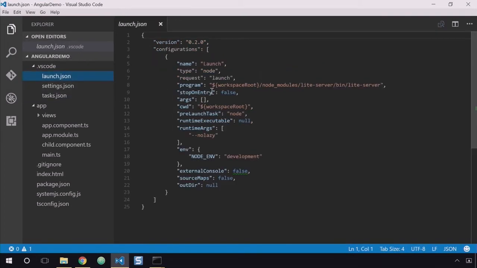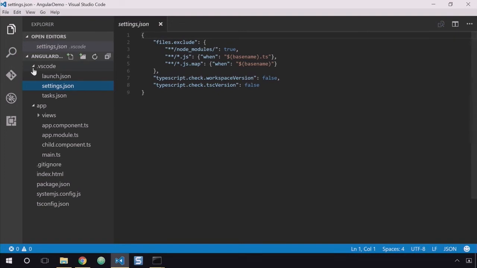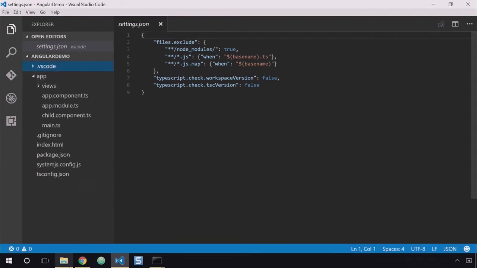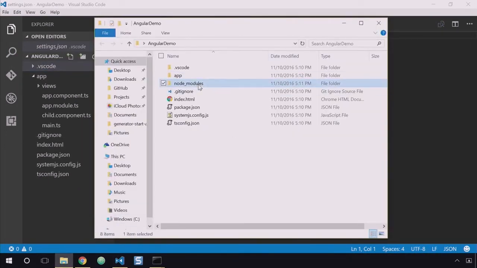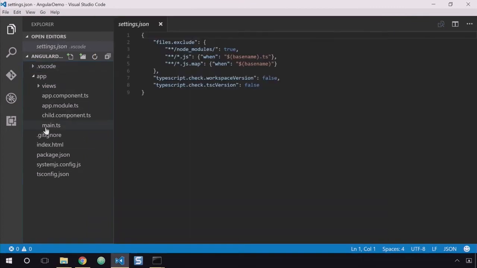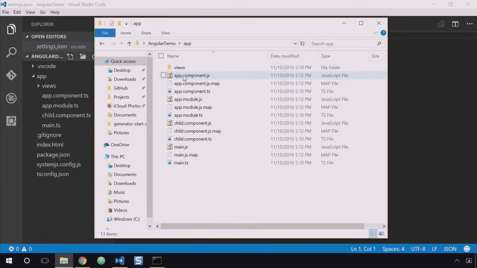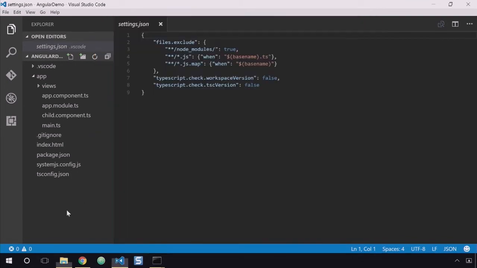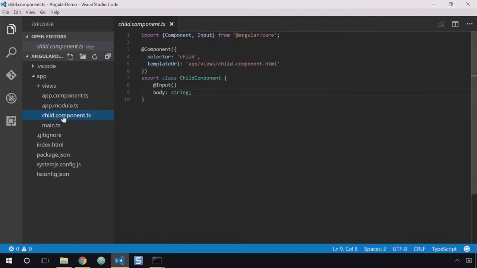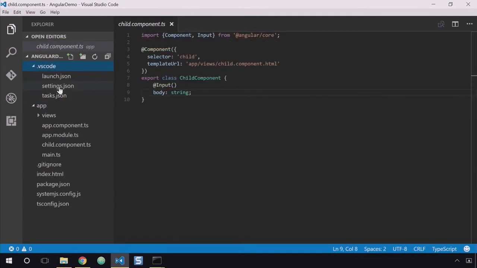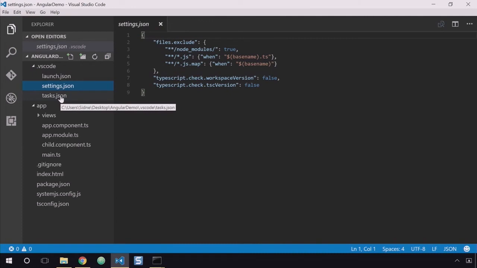Now we have a launch.json file, and what it does when it launches is it just invokes that node task that we defined earlier, and it sets a couple other options that are interesting to us. I've also included a settings.json file, so that a couple things that exist in the folder won't show up for you. So for example, there's a node modules folder here, but you don't see it in the editor. If you go into the app folder, you also see JavaScript and JavaScript map files, which are a result of compiling the TypeScript. Again, you don't see it in your IDE. So it's all hidden away from you so that you can focus on your code and not on the actual